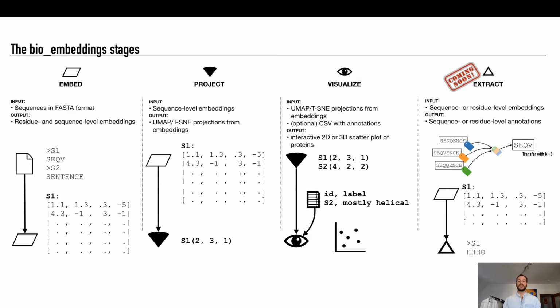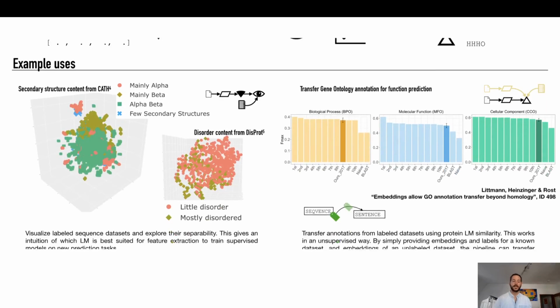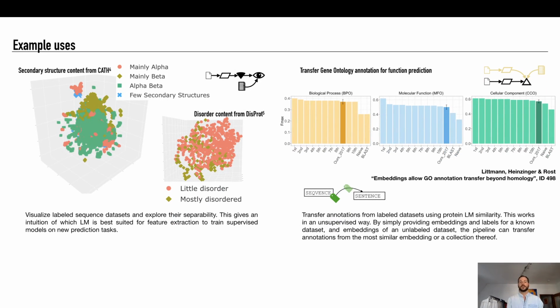So let's suppose you have embedded all of SwissProt with annotations of GO, and you have a set of sequences which are unannotated. So you just look at the closest hit in SwissProt to your embedding, and then you just transfer the annotations from that closest hit onto the sequence which you're currently looking at. So this is the supervised and unsupervised extract stages, which are coming soon to the pipeline. Just to give you 2 use cases. One is